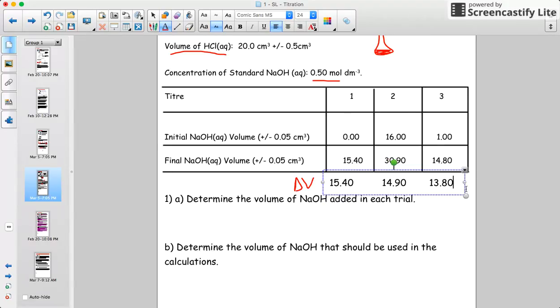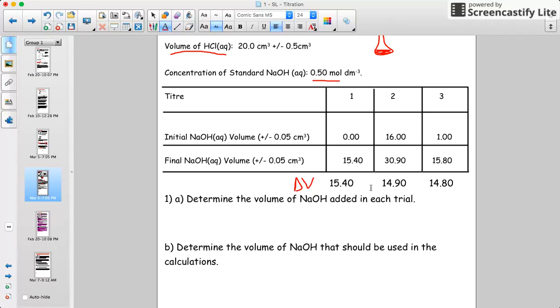I don't think I meant it to be 13.8. That's a little bit odd. So I think I'm going to modify my own notebook file. I apologize for that. I meant for this to read 14.8, if I can get back on the right track. There we go. Okay, so first thing to point out here is that the volume of NaOH added after each trial,